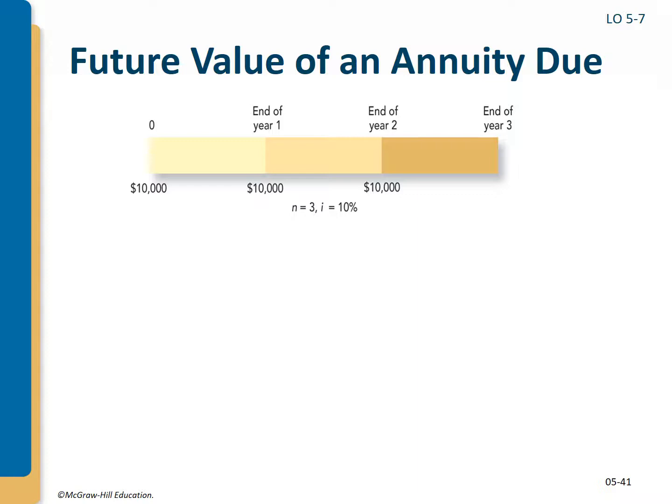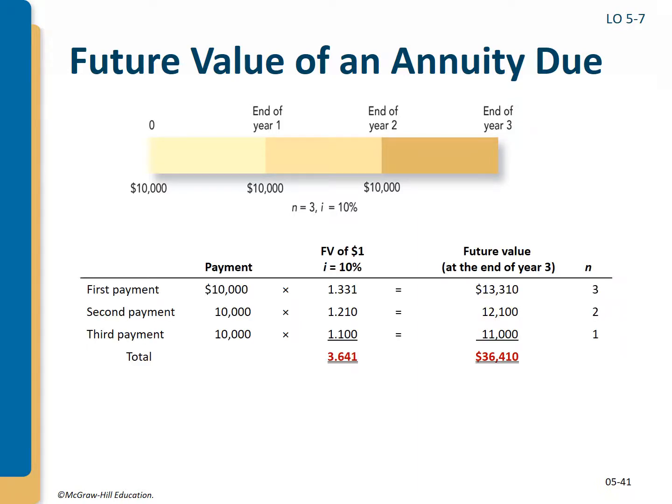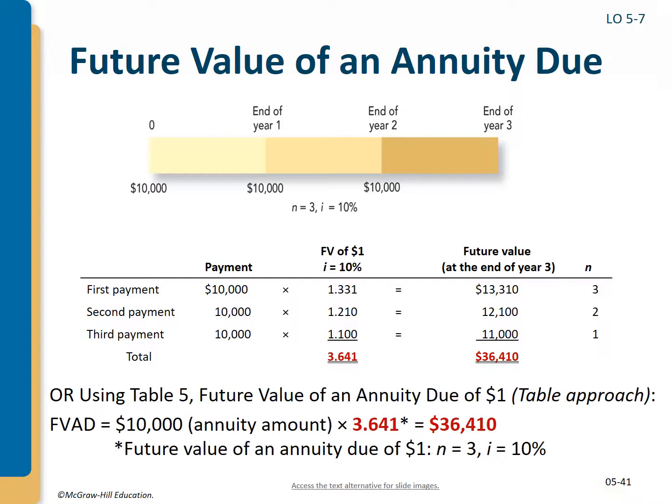Your factor is 3.6410. So we would take 3.6410 times 10,000. So if she just changed her payments to the beginning of each year, she would have at the end, her future value would be